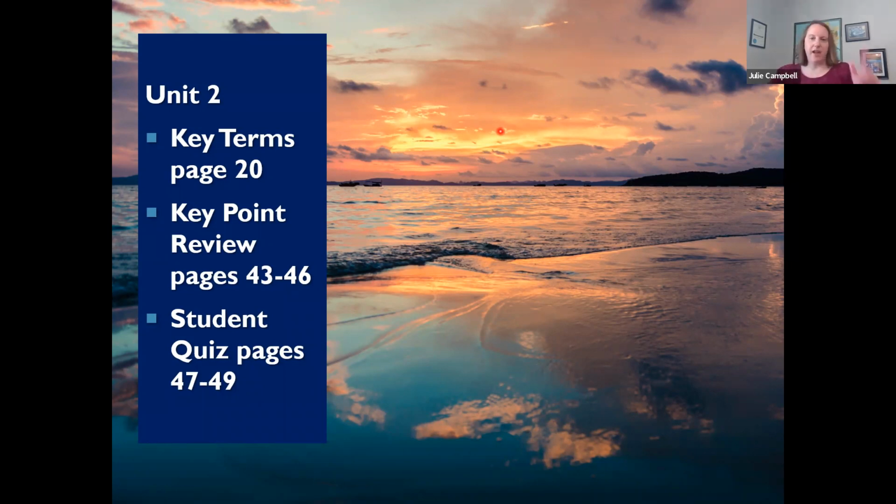Before we jump into Unit 3, I need to stop sharing my screen just for 1 second, so bear with me. And before we jump into Unit 3, I want to just kind of introduce you to a math tool. I said the M word. Maybe I do cuss in class. So let me